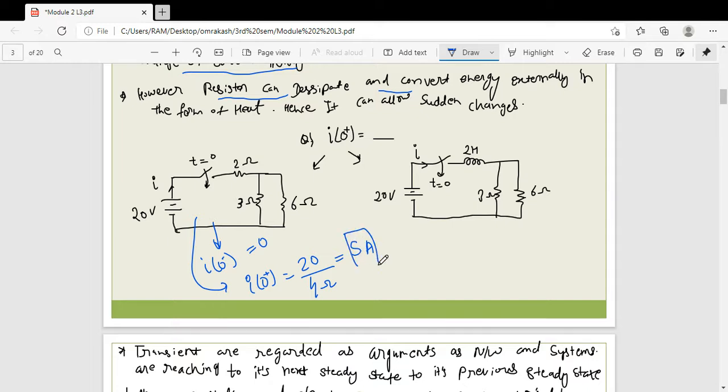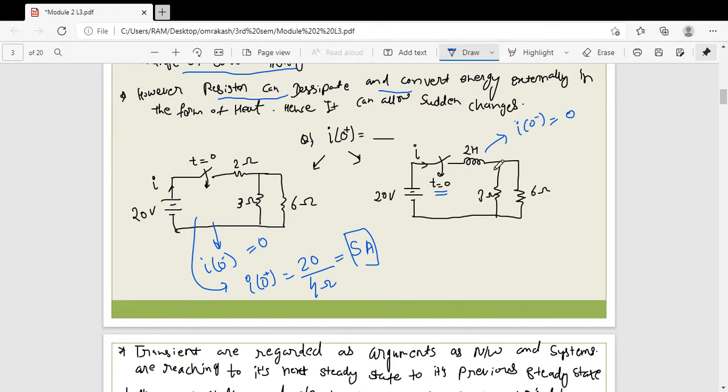So that is for this resistive element. Now when we see the circuit in the second condition, here the inductor is present. Now see what happens when you close the switch at t equal to 0 instant of time. At t minus, means before the switching, the current flowing in that circuit is 0. So what is the current I naught? I naught is nothing but 0 ampere.